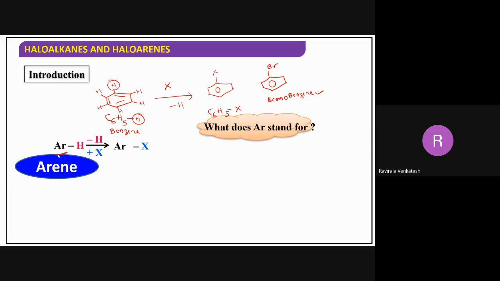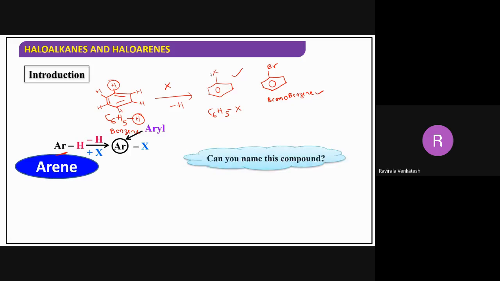This is the compound you are going to get. So I have taken an example here. This is nothing but aromatic. AR means aromatic. You can take benzene, naphthalene, anthracene, anything which is an aromatic compound. Aryl we can call this one. Aryl bromide, isn't it? So now it is called aryl bromide, or aryl fluoride, or aryl